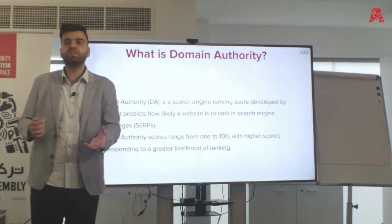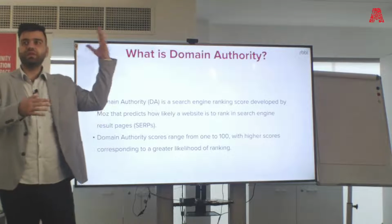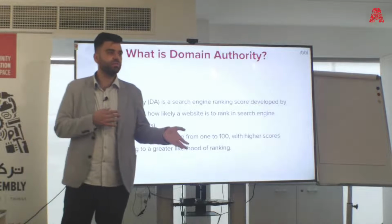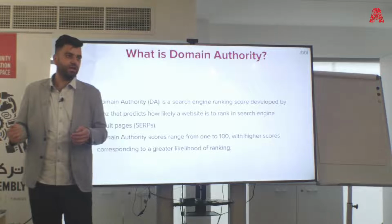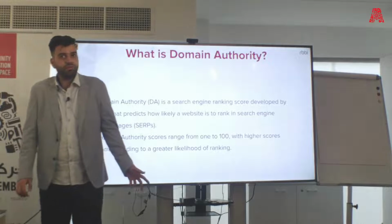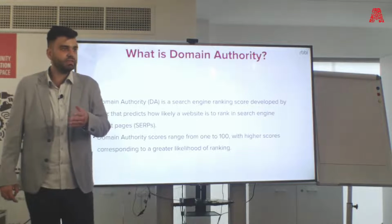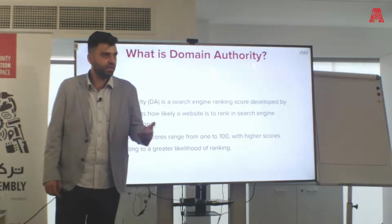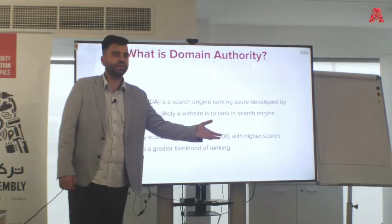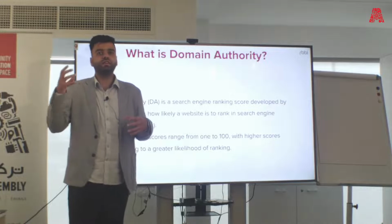When you start a new domain, usually it is around 5 or 6, then you start building it gradually. On average, you see most websites between 30 and 50. Again, I manage websites, most of them below 50, and they're better than the competitors in terms of ranking, just because they were newer or doing SEO for longer. So it is not related to ranking,